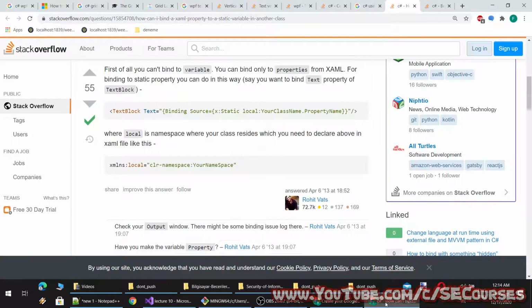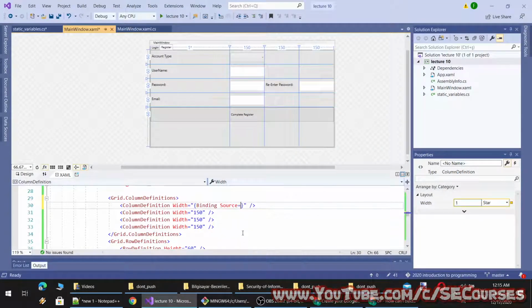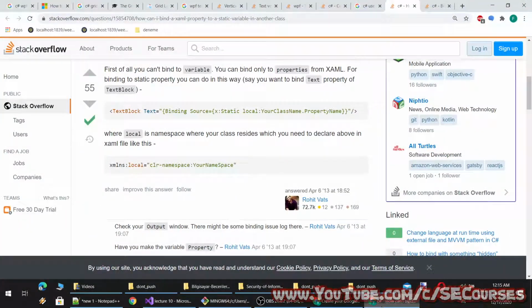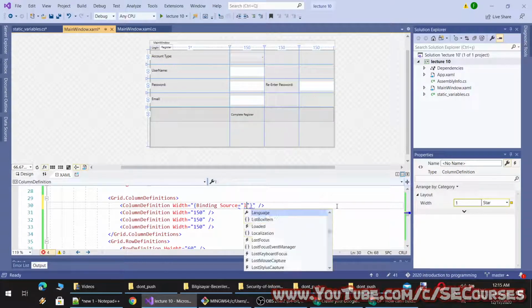How do we bind it? Source equal to x static local, x static, maybe full path.